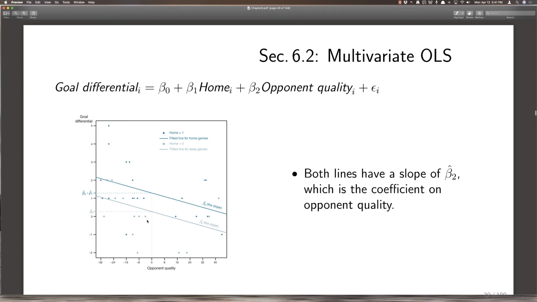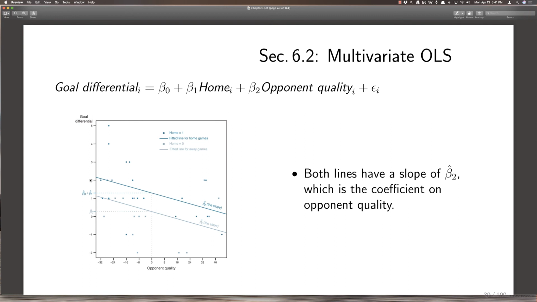So this is a good reminder that the intercept is at the horizontal variable's value of 0. And then this is, quote unquote, the intercept for the home